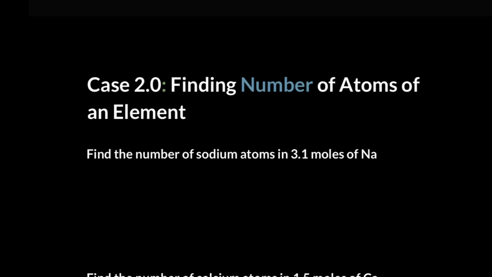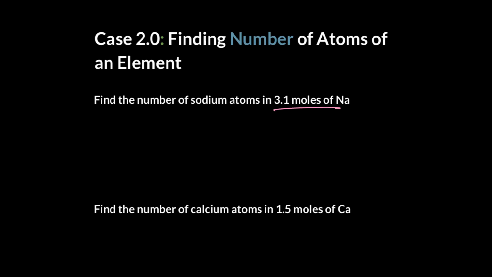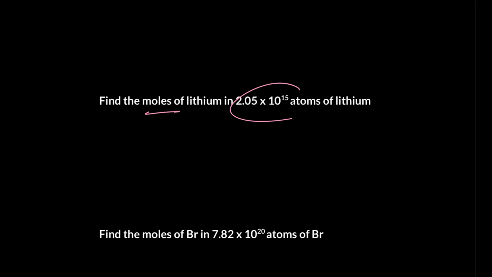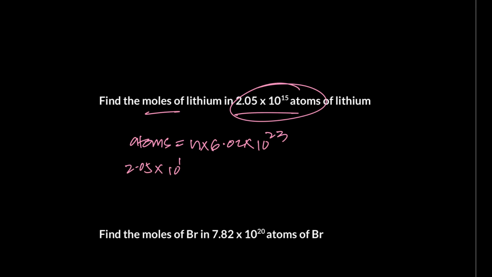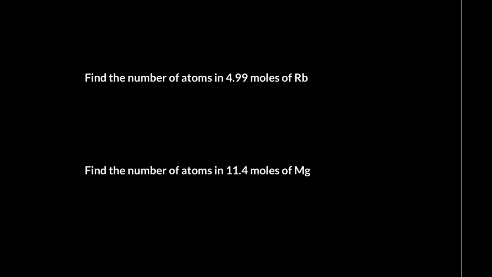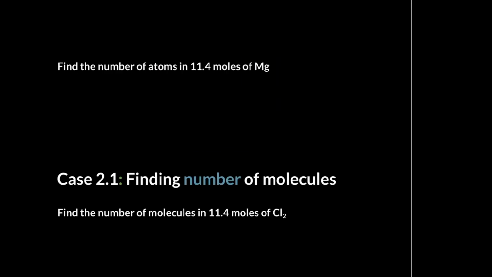जाऊँ आगे? Find the number of atoms. निकालिए जी। Atoms equals मोल टाइम्स 6.02 इंटू 10^23, सोडियम की बात हो रही है, सोडियम एलिमेंट है। मोल 3.1 मल्टीप्लाइड बाय दिस, कर सकते हैं आप लोग खुद। फाइंड मोल्स और एटम्स गिवन है तो बस रिलेशनशिप लिखा करें। एटम्स इक्वल्स मोल टाइम्स 6.02 इंटू 10^23। हाँ जी, तो ये 2.05 आपके पास एटम्स हैं, मोल्स निकालने हैं और इधर मल्टीप्लाई हो रहा है 6.02 इंटू 10^23, लेफ्ट साइड पे डिवाइड हो जाएगा। डन।